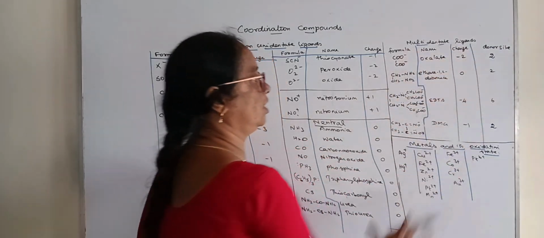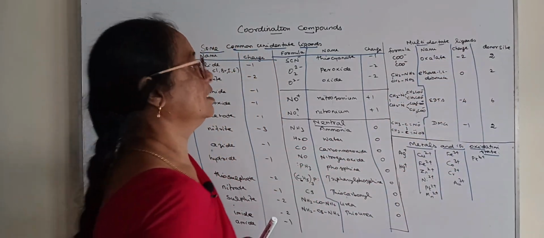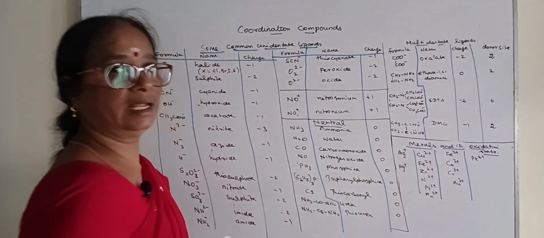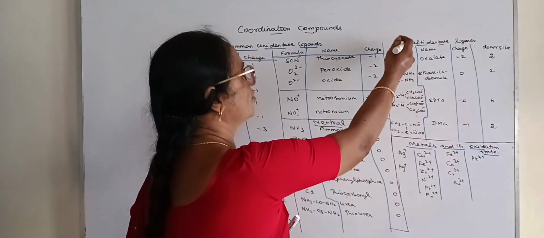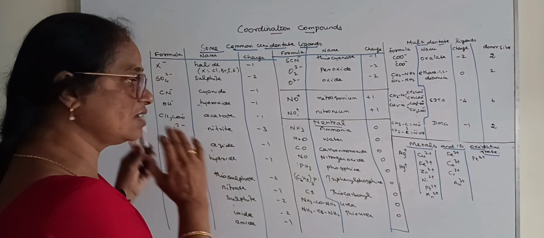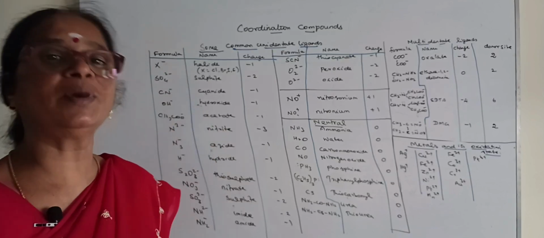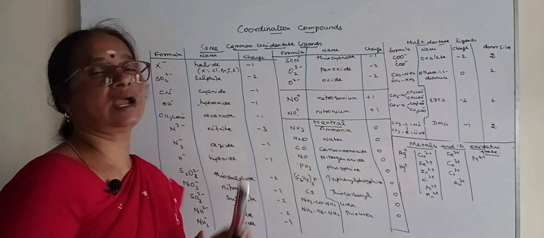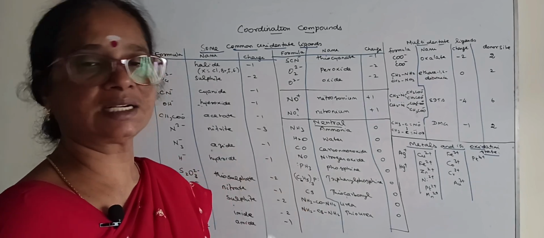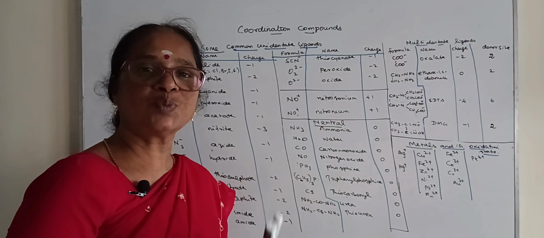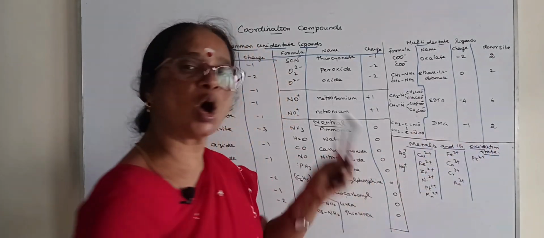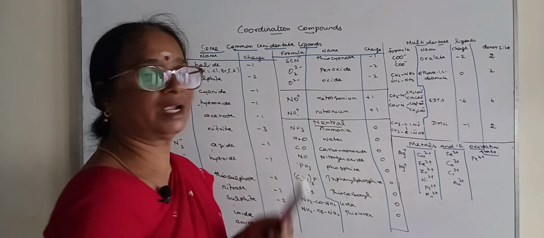This side I have given some multidentate. Some of them are didentate ligands and one of them is a hexadentate ligand, that is EDTA. The formula is also given. Even better, you can refer to your reader. But the reason for giving this is, you should know the charge carried by the ion. This will be helpful to find out the oxidation state of the central metal ion as well as the charge of the complex. And some of the metals and their probable oxidation states are given,